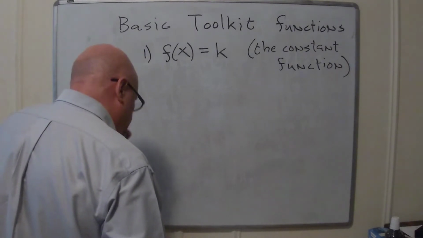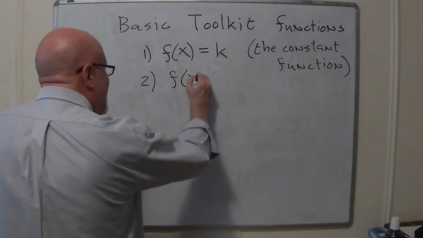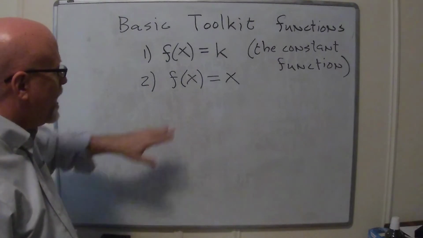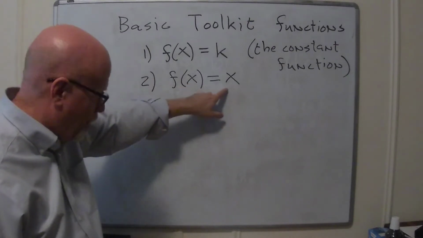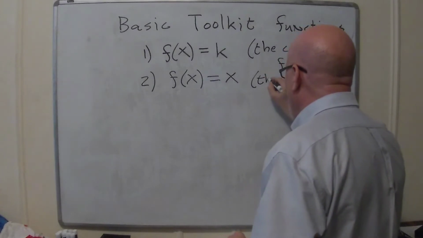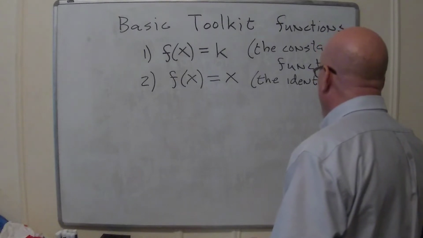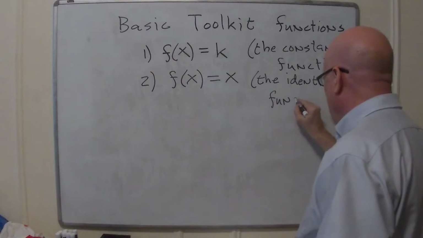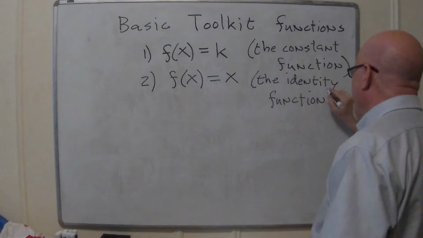Okay, so that's not a very exciting one. There's another one that's also in a way not very exciting, and it's only slightly less stupid. This is called the identity function, because what does it do? It sends x to itself. If you played it in the guess what function I am game, I sound like a parrot. A student asks me, what's the value at 3? And I say 3. Why are you just repeating me?